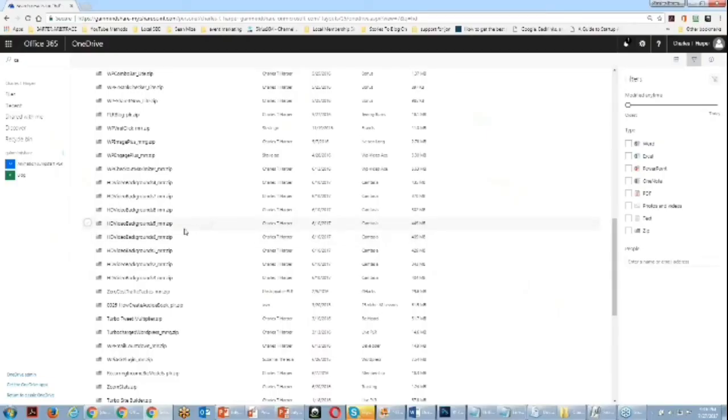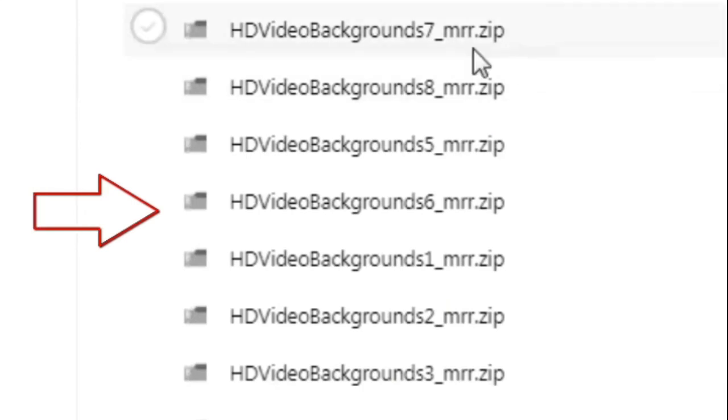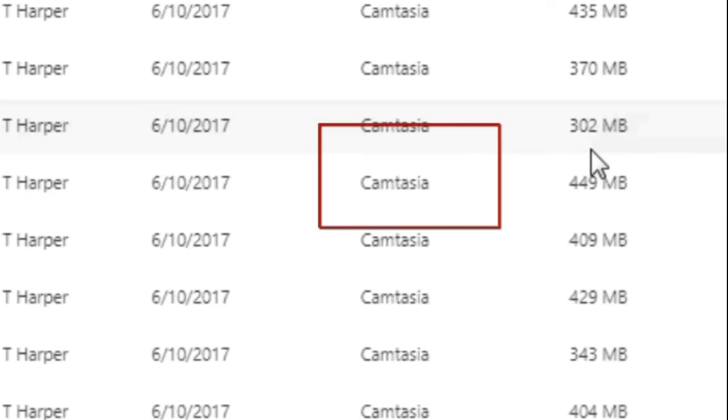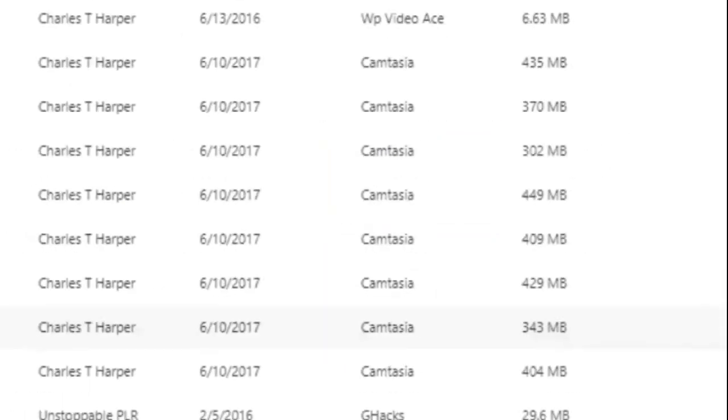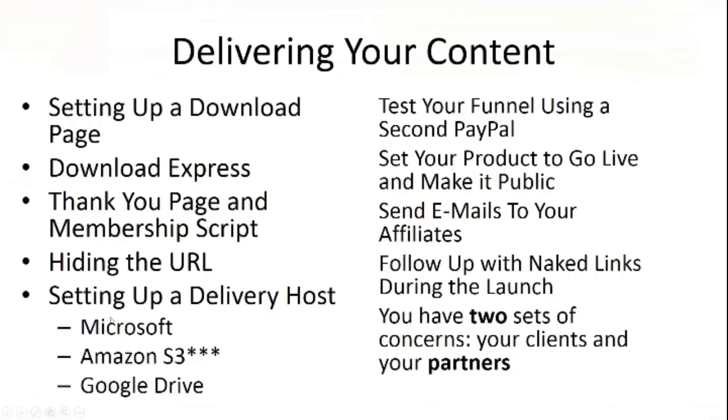Okay, so if you can see here, these files say HP video backgrounds, right, and 370 meg, 302 meg, 449 meg, 409 meg, 429 meg. So basically I had about 2 gig of files that I had during a launch, and so people were hitting that page, and Microsoft Online throttled the account, right? They basically stopped traffic